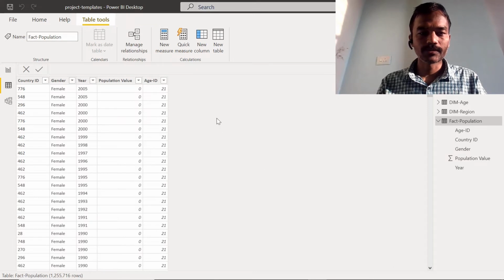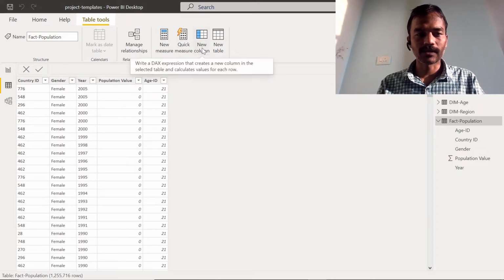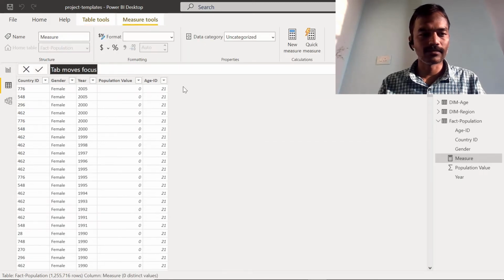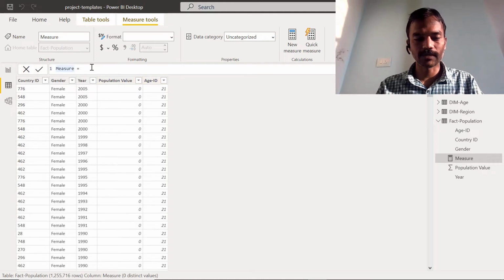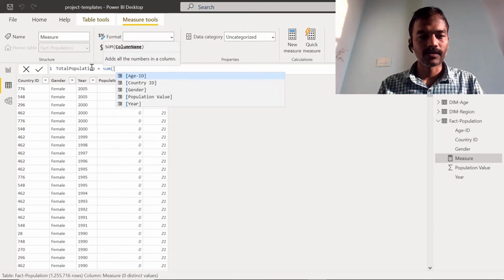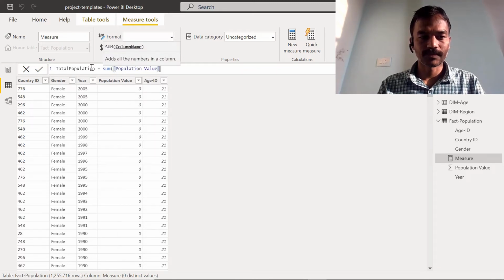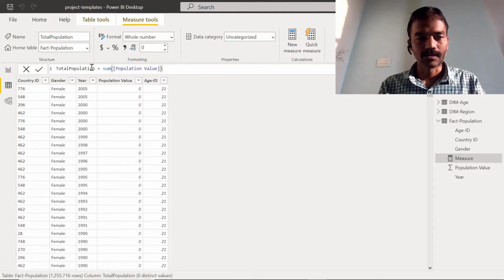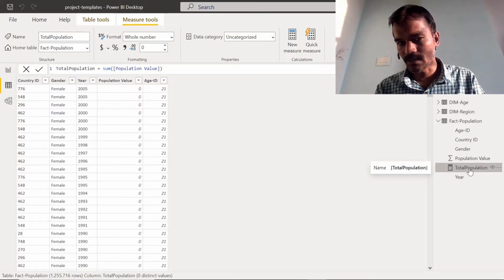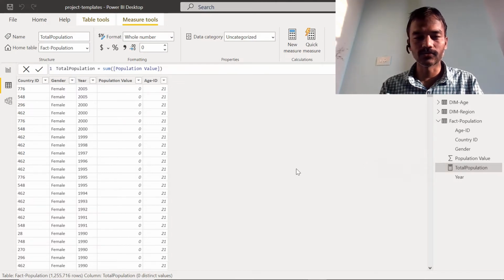There are many functions which are available that we can use. For now, let's delete this. Now we will create a new measure. There is an option again, like new column, we have new measure as well. Just click on that, and we will get a formula. We will again mention total population, and here again we will specify the same thing. Now when we create this, you can see the difference. There is no column which is created here. However, there is a measure object which is created here. You can see this calculator icon for this particular one. That means this is a measure which got created, and this measure we can use in our visualization.